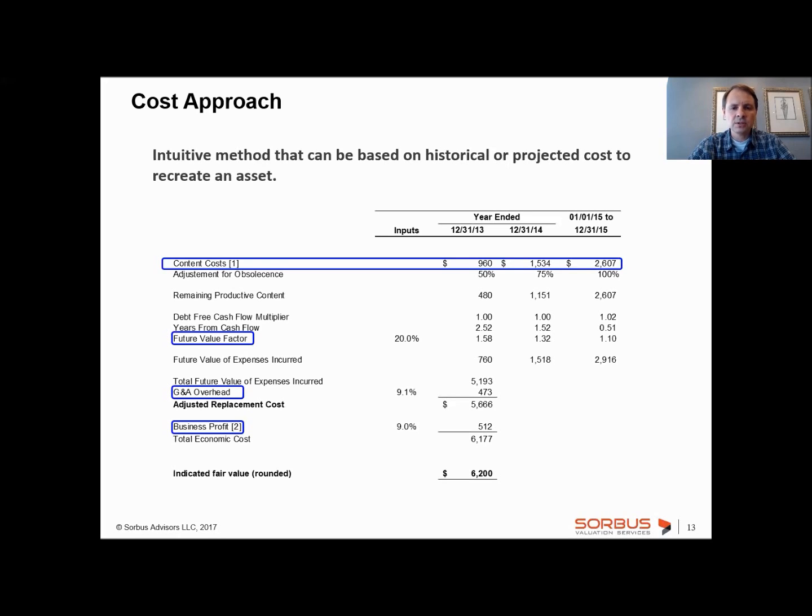But what's also surprising about this is that typically the valuation will end up with a number that's greater than the sum of all your expenses related to developing this asset. And that's even after you account for a certain amount of obsolescence related to those expenses. The reason for that is we have to add 3 pretty significant numbers here into this analysis. First of all, we have to have a